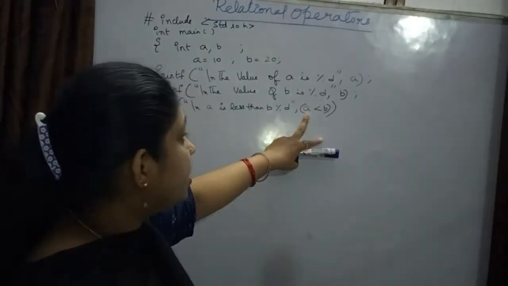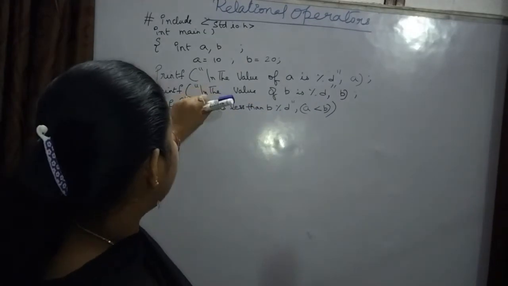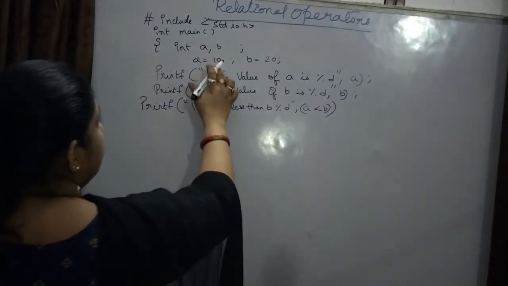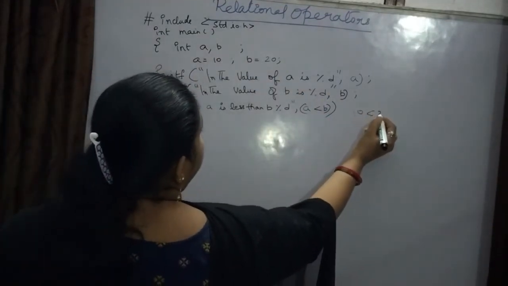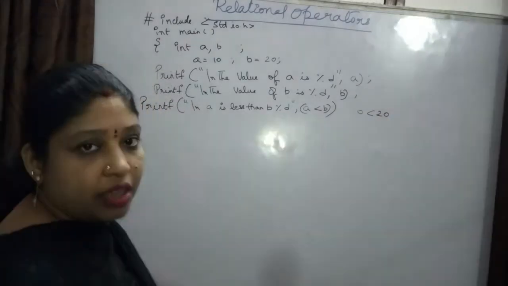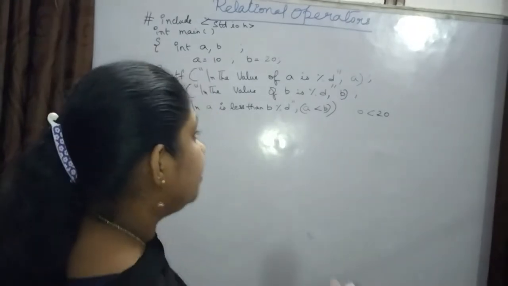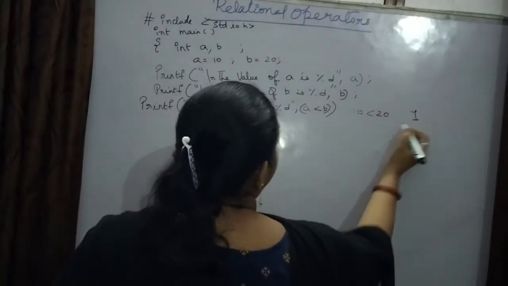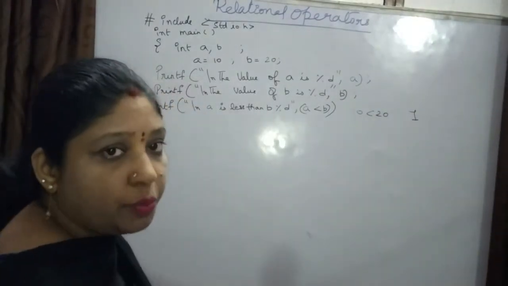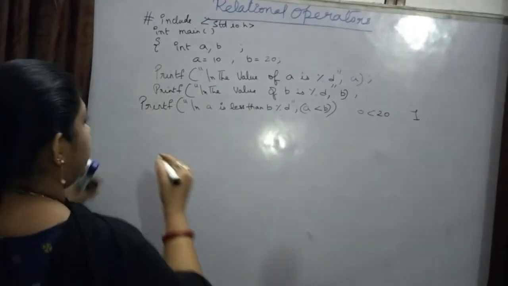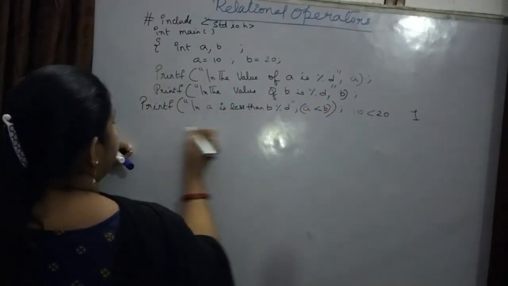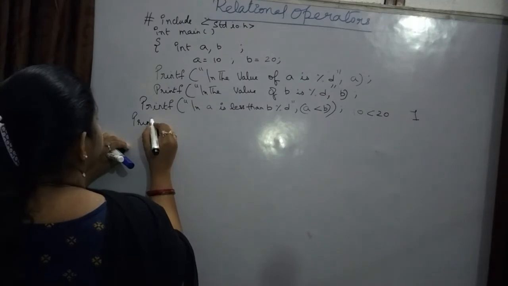Now what about this condition? A is less than b. A is less than b means a is 10, 10 is less than 20. So condition is satisfying. So the condition is true here. So it will return the value 1. Understood? I will explain you afterwards. Let me write the program. Next. Now printf